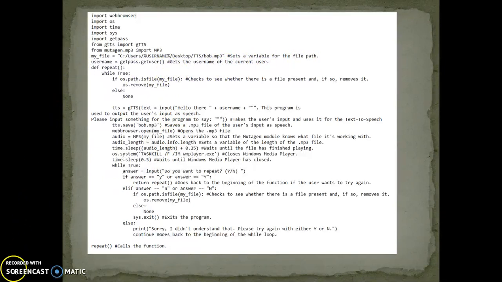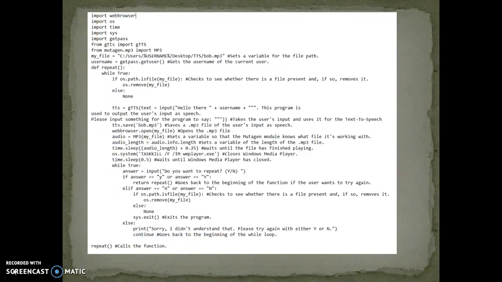After that, I get the username of the current user, I open the path, and I take some input from the user. After taking the input, it saves it as speech in bob.mp3 format, an mp3 file of the user input as speech.